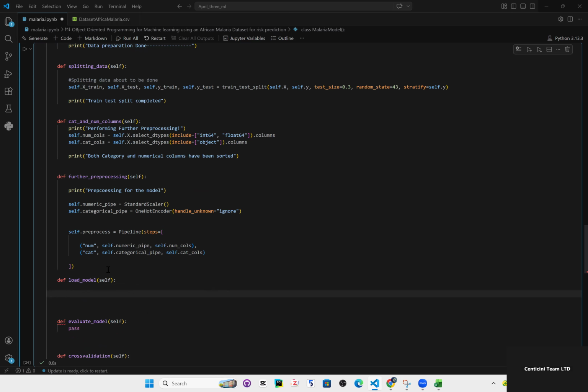Okay, this is the first one. 10 steps. I think this is supposed to be the transformers. We might not really have anything to do with the pipeline. Okay, so I think this is supposed to be the column transformer. Okay, I think transformers is going to be this, and so this is basically